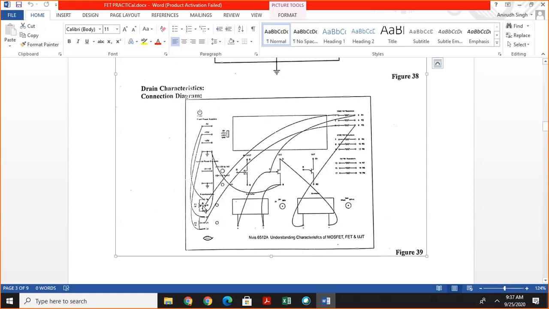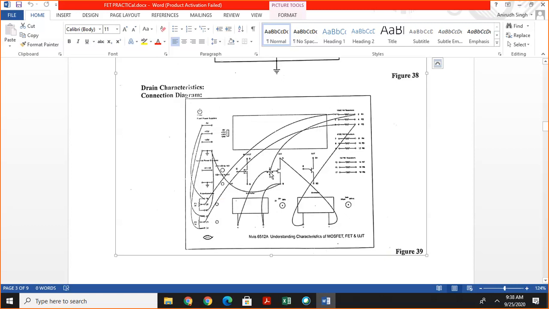This potentiometer is connected between gate and source, so by this potentiometer we adjust the value of voltage between gate and source to 0 volt, and once voltage is fixed at VGS, then we change this connection to the drain terminal, and after that by rotating this knob, we change the value of VDS and note the value of VDS from this voltmeter and corresponding value of ID from this ammeter.